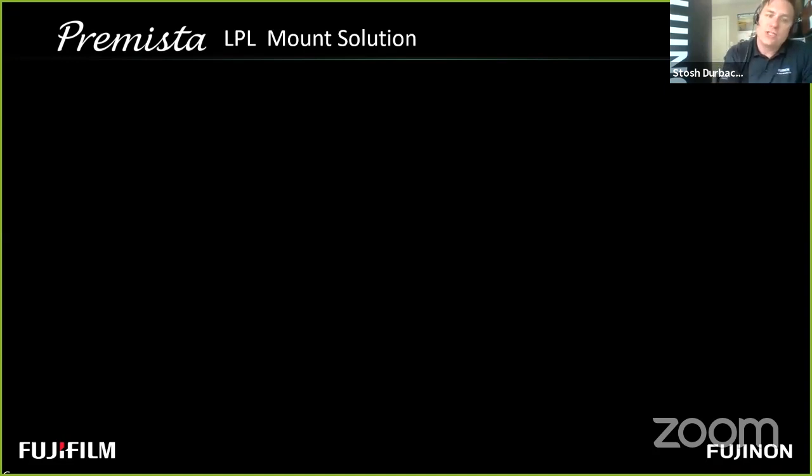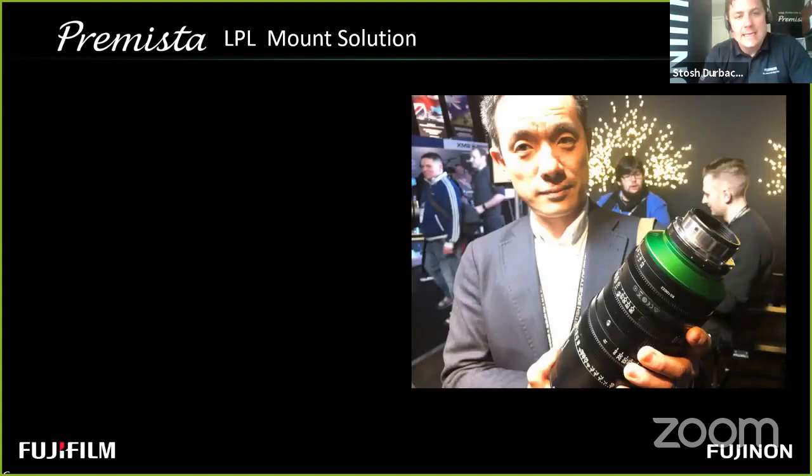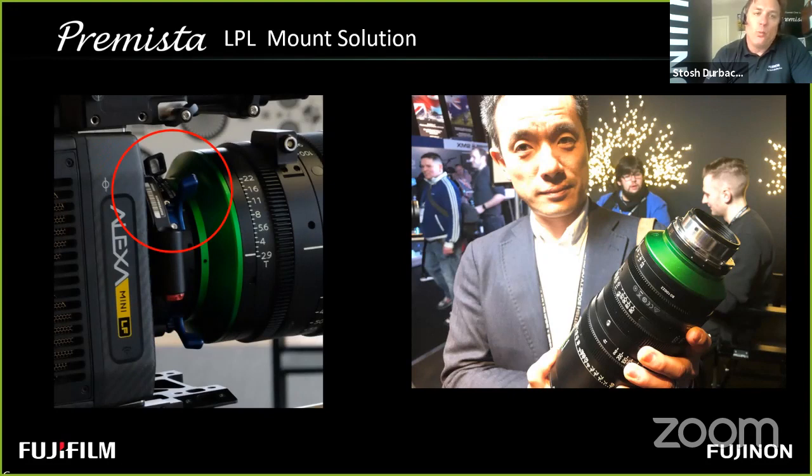LPL is another common question we get. What is our solution for LPL? Well, in the design, there's our good friend, Mr. Kasai from Germany, holding a Fujinon Premista with an LPL mount fitted on it. The reason why we need to do this, we feel it's important to have a solution in LPL, is to negate potential mistakes or damage from occurring by confusion of having both the camera mount and the adapter mount ears